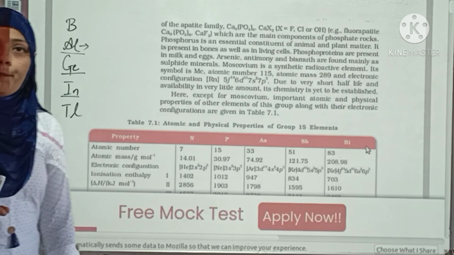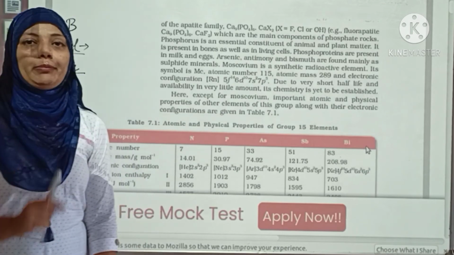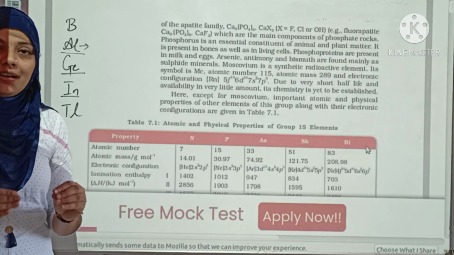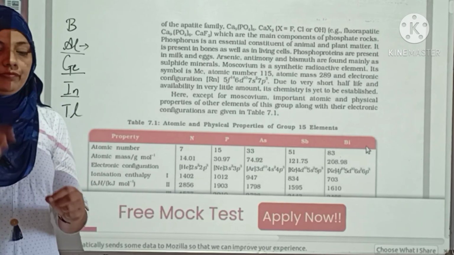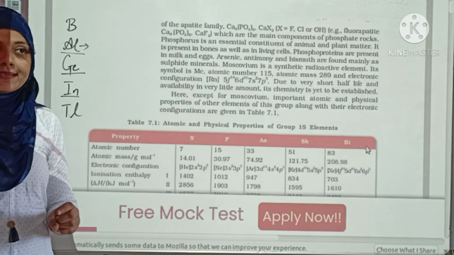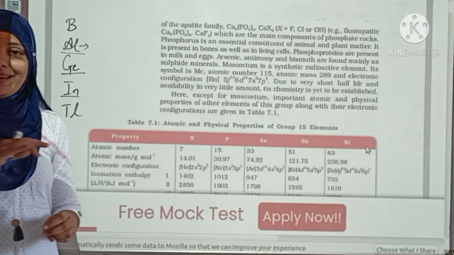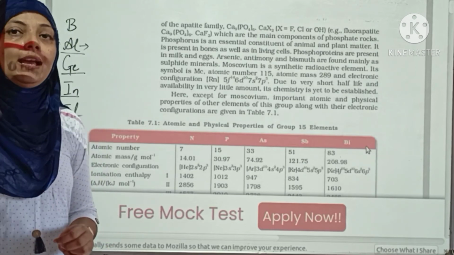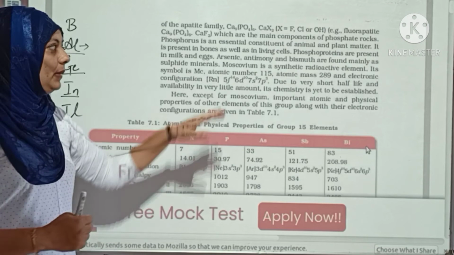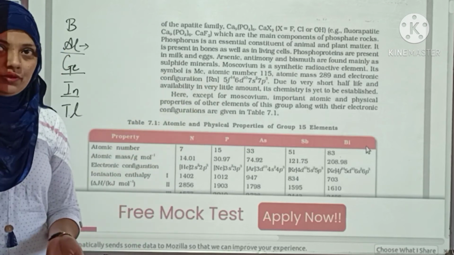Let me tell you one more important thing, dear student. The chapter which we are doing right now is thoroughly a reading chapter. You can simply understand by reading it. Still, if you feel anywhere that you are not getting the meaning, you can ask me. I'll clarify your doubts. Okay? But the chapter is almost a reading chapter, so we have to do it.